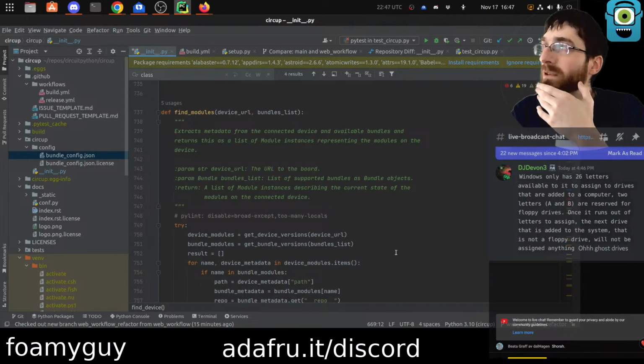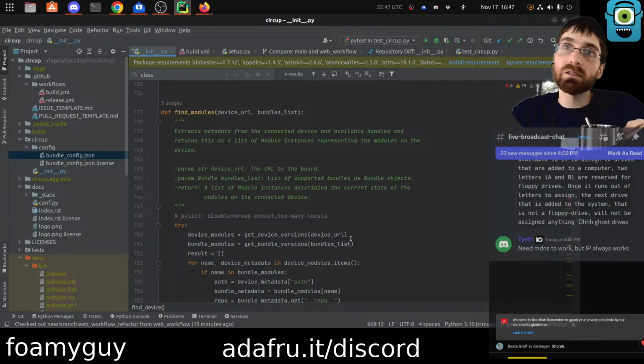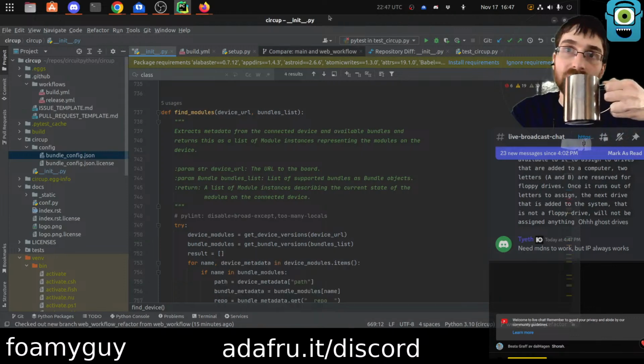Needs mDNS to work, but IP always works. mDNS, maybe that's what I don't have. Honestly, I'm not so strong on networking. I don't even really know what that is, mDNS, but